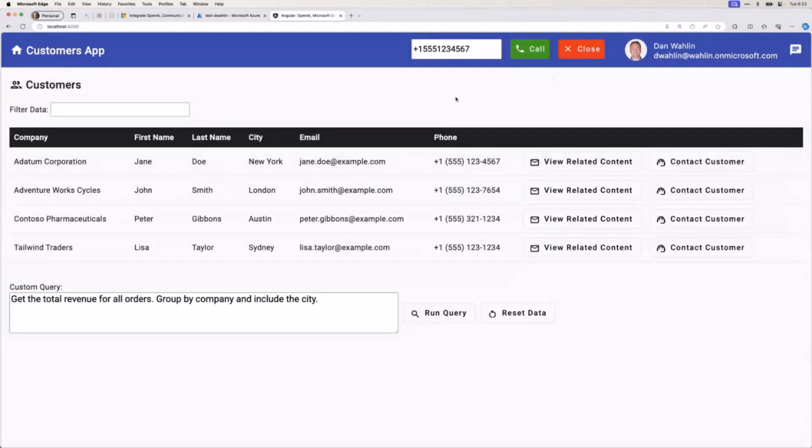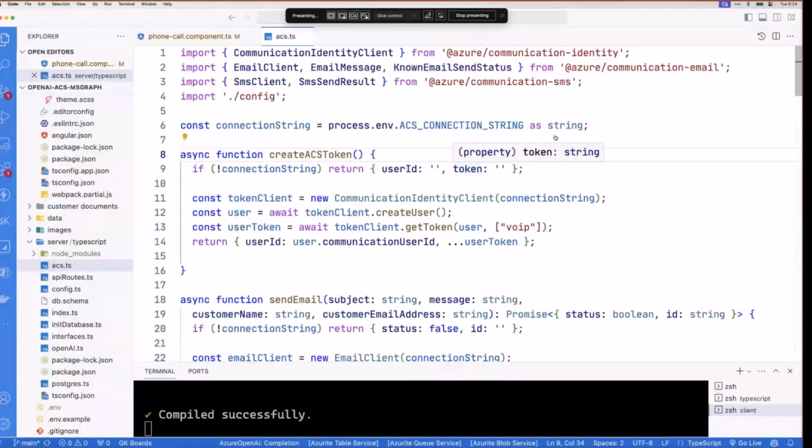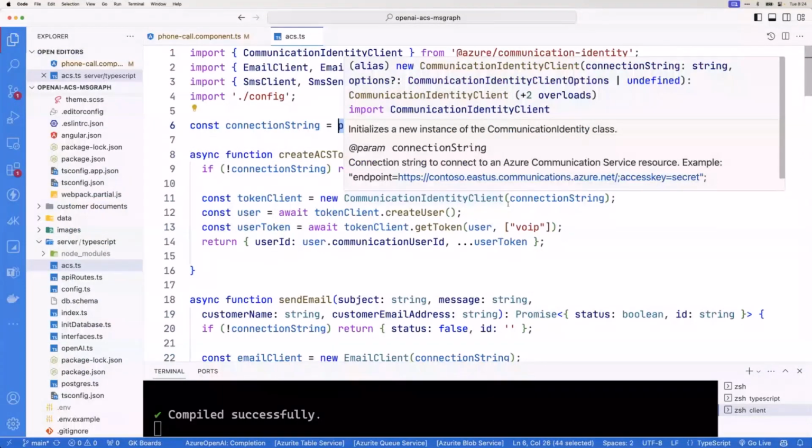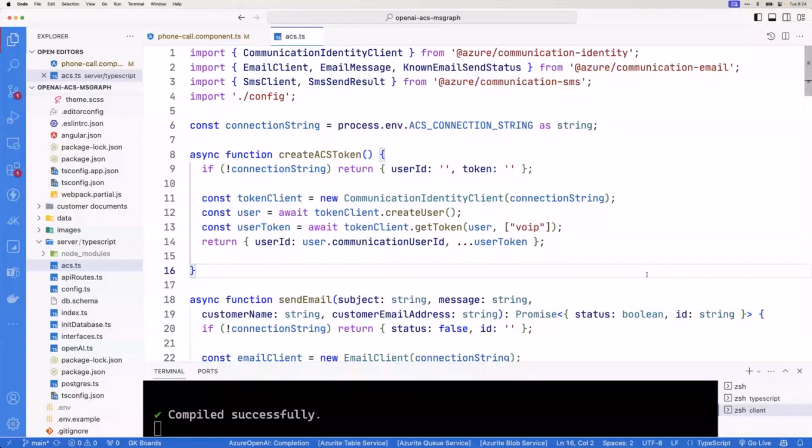Now, this was custom UI. Obviously, it's not super fancy. I put a little dialer. But the actual calling part that we're going to do right now, let me show you the code for that. All right, so jumping on in, the first thing we need to look at is, remember that connection string I showed you? Well, we need a way to get to that. Now, in this case, I'm loading it from an environment variable. If you're using like Key Vault, you could certainly do that as well. I'm kind of keeping it simple. We're just going to load it from an environment variable that's exposed to this API.